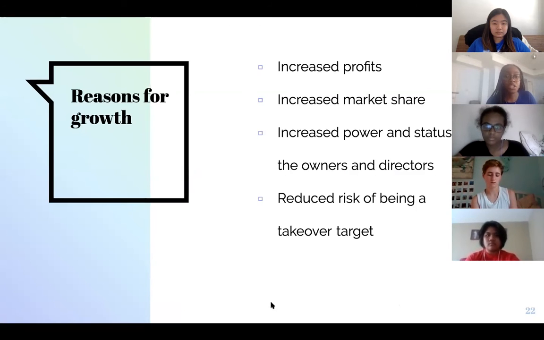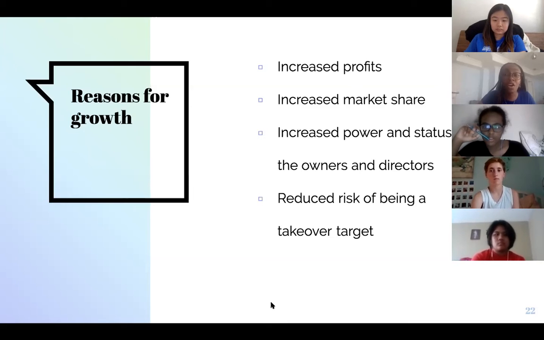Next is increased market share. So market share basically is the amount of the market that the business controls. So for example, a lot of us probably have iPhones. Apple as a whole controls 48.5% of the total technological market and stuff like that, which means that their market share is enormous. Most businesses hope to get around 15%, but the fact that Apple already has 48.5 means that they're doing a lot better than you would think they would be doing.